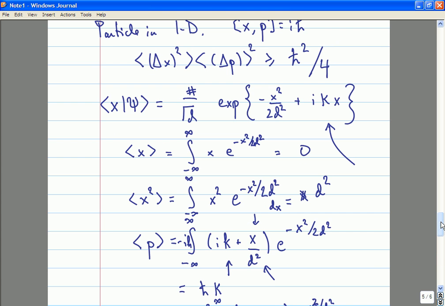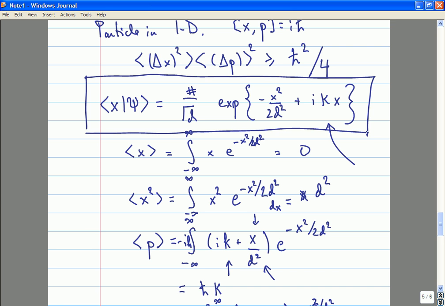So this is a minimum uncertainty state for a one-dimensional system. Can anyone figure out a way of generalizing that somehow and getting something which is guaranteed to remain a minimum uncertainty state? Have you had your Wheaties this morning? I can wait a very long time. The question is, can anyone figure out a way to generalize this, which will still remain a minimum uncertainty state? I'll give you a hint.